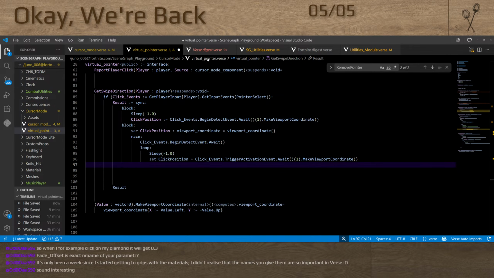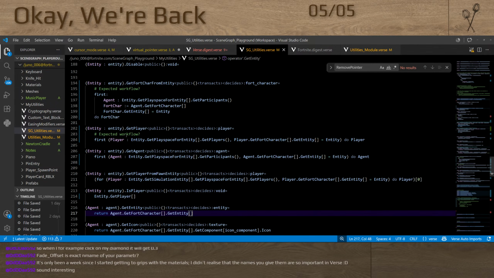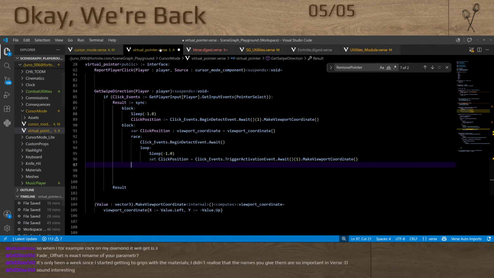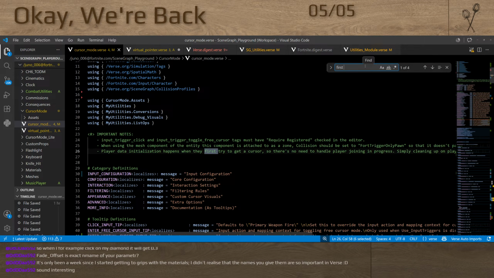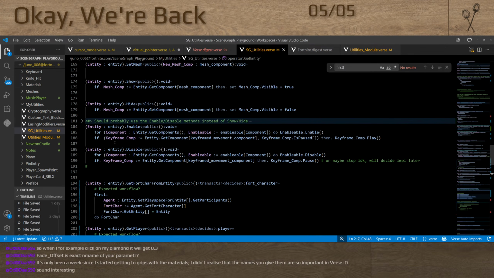This would not have worked before, but it boils down to, let me see if I can get a good example. It boils down to a side effect of the fact that we now have cursor. Let's see if I can get a good example first. Okay, so now we are able to do this. So before, let's give an actual good example. Before,